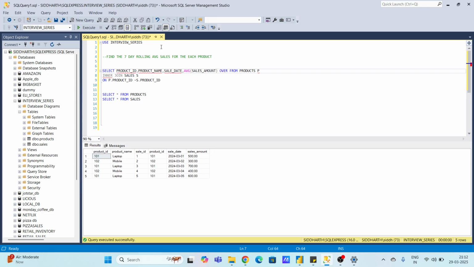Then this is row by row, right? So that's why we have to use OVER. Then I would be doing ORDER BY sale date. Now the twist of the question would come. We need to calculate the 7 day rolling average, right? So we would write ROWS BETWEEN 6 PRECEDING